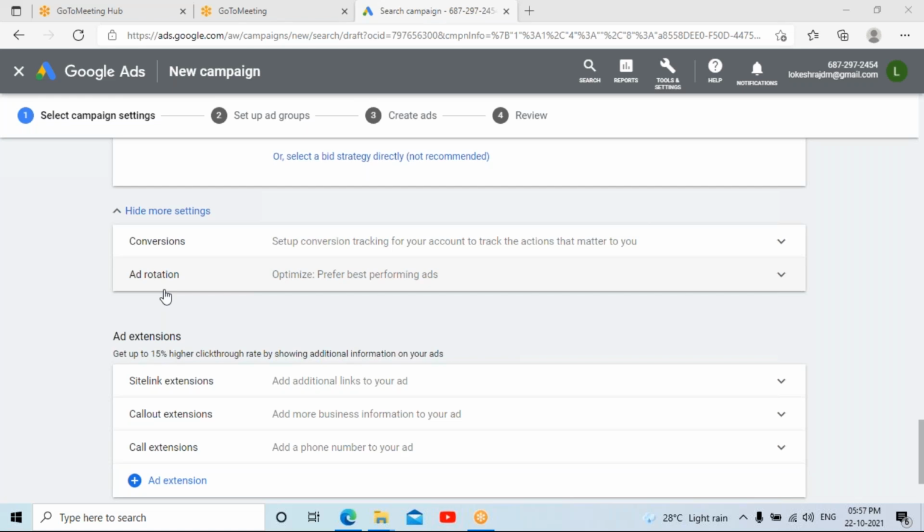The next thing is ad extensions. So what do you mean by ad extension? See, I'll just show you on the screen.